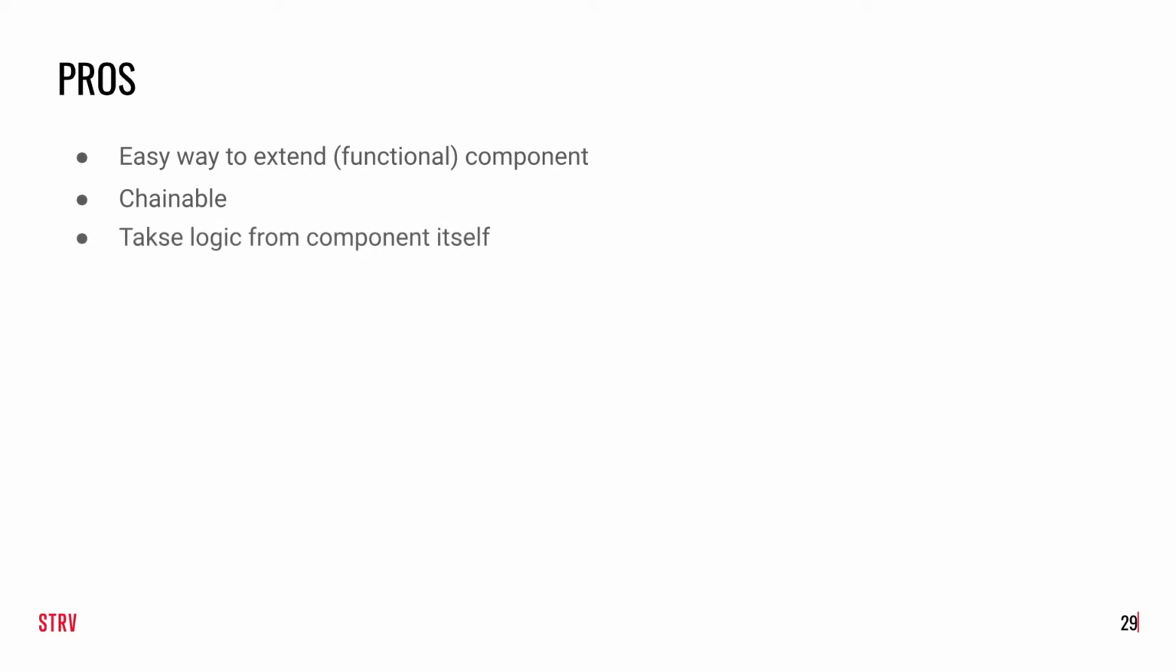Well, some summary for it. Pros of HOCs: they are an easy way to extend your components, especially when you want to keep them in the functional way, when you don't want to use classes. It's chainable, and it takes logic out of components itself. And with libraries like Recompose, it's really powerful. Cons of it,